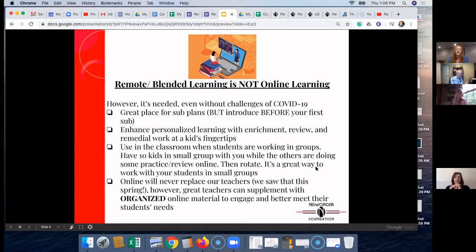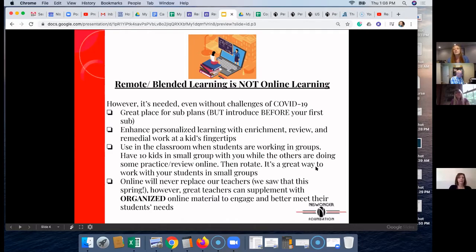I put four bullets here that are really my foundation for why I started bringing an online environment into my classroom. The first one is I love putting sub plans within my online course, because then if my son wakes up at 3 o'clock in the morning with a 102-degree fever, I don't have to call my best friend who teaches across the hall at 6 a.m. the next morning and say, will you please go in early and make copies for me, or anything like that.